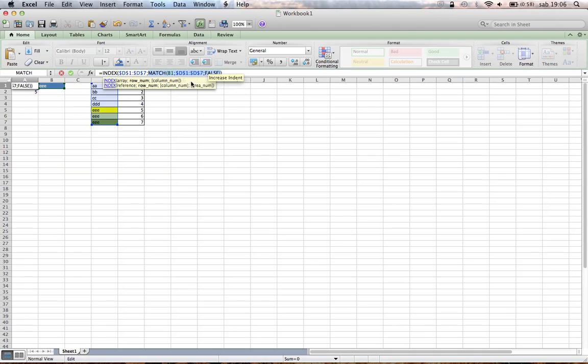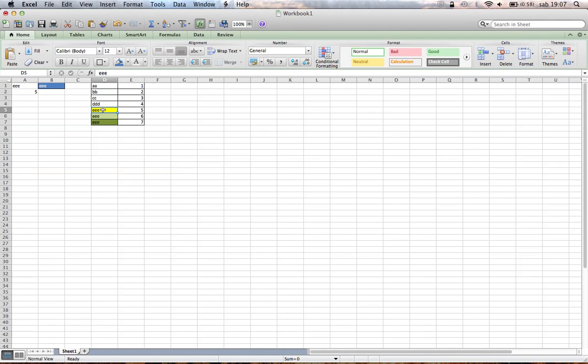So it's retrieving me the number of the row corresponding to EEE, to the cell value that is written in B1. So if I press enter, now I get basically the perfect matching of the first cell that is found in the array. If I copy paste this one,